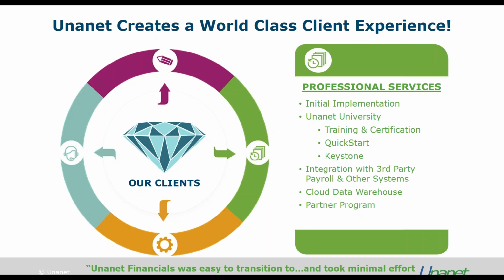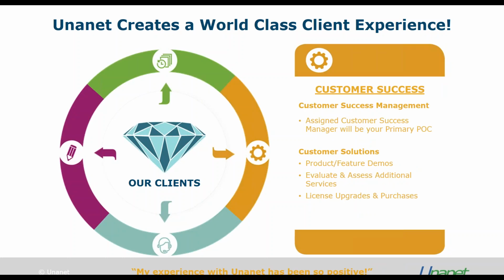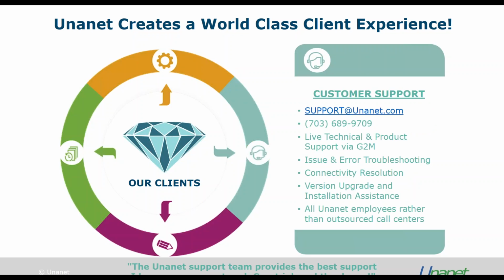The customer success team, maybe more traditionally known as the account management team, is really responsible for the proactive reach out to our customers. Each customer has an assigned customer success manager whose job it is to reach out to you and make sure that our customers are aware of new features, new functionality that's coming out, and generally getting the most out of your Unanet. The reactive side of Unanet is the customer support side here. You'll see the email address there. More importantly, the 703 area code. That is a Virginia area code that is just outside Washington, D.C. And when you have a question with Unanet, that will ring right here in our headquarters.